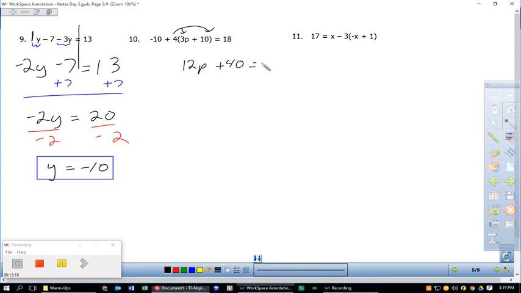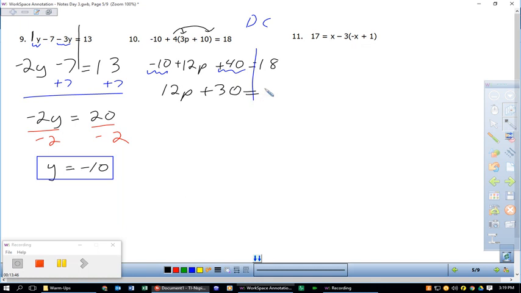equals 18. And I would be remiss if I did not go back and make sure I didn't lose something, and I did. I lost that negative 10. Negative 10, and that's a positive, so that's plus there. So there's distribute. Combine like terms. Combining negative 10 plus 40, all on that side. So we get positive 30. Bring down the 12p